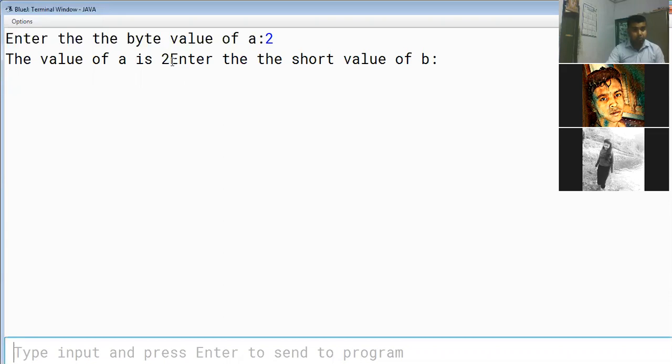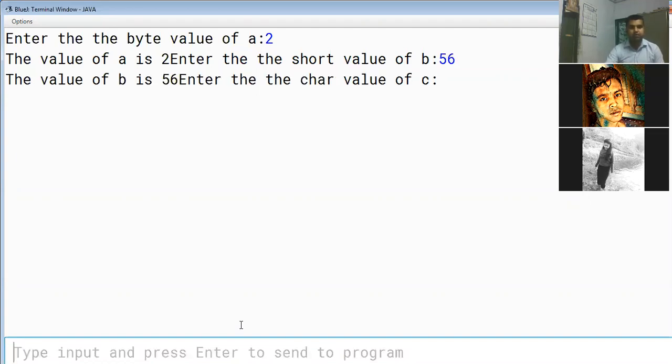Once this output appears, the very next printing statement is coming beside here, enter the short value of b. Okay, so let's take a couple of values, 56. The moment we enter 56, see the value of b is 56. The next printing statement is also coming side by side. So every printing statement is coming side by side. Only the difference is that the first line,